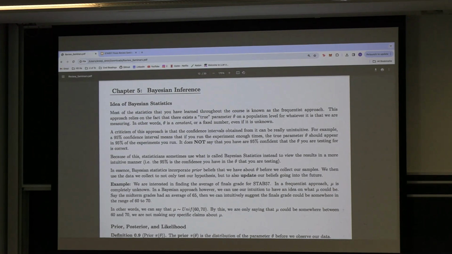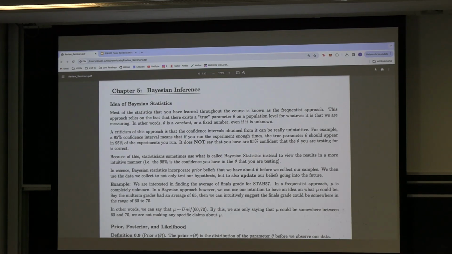In the frequentist approach, it is assumed that there is a true parameter for your mean at a population level. For example, what is the average height for all of the students in UTSC? If you take the measurement of every single student and you take the average, that is the true